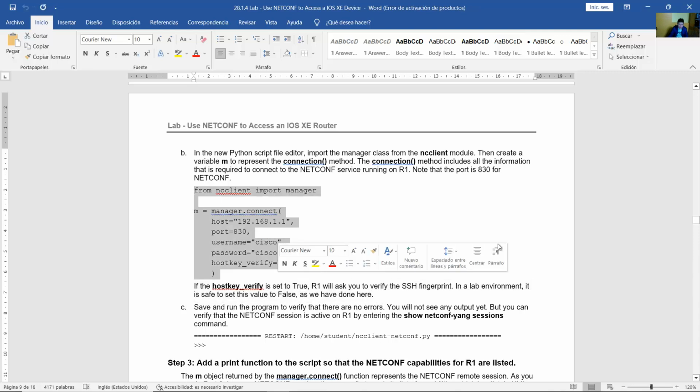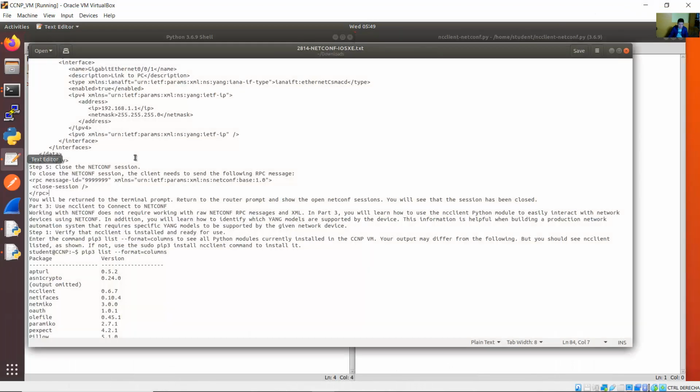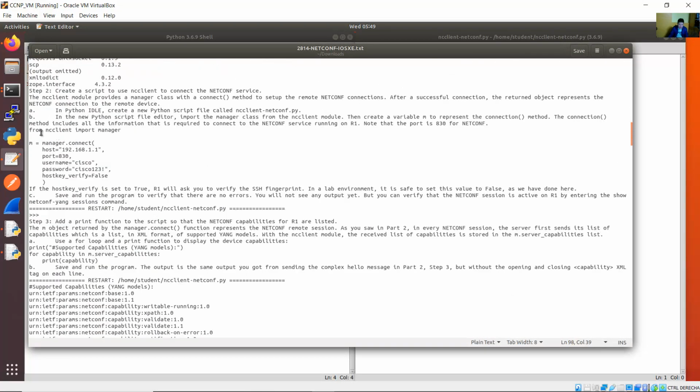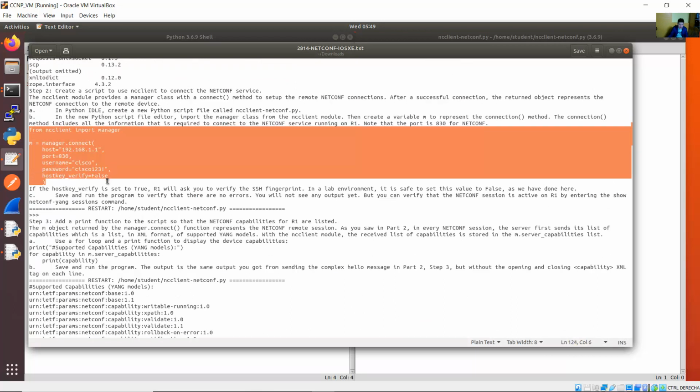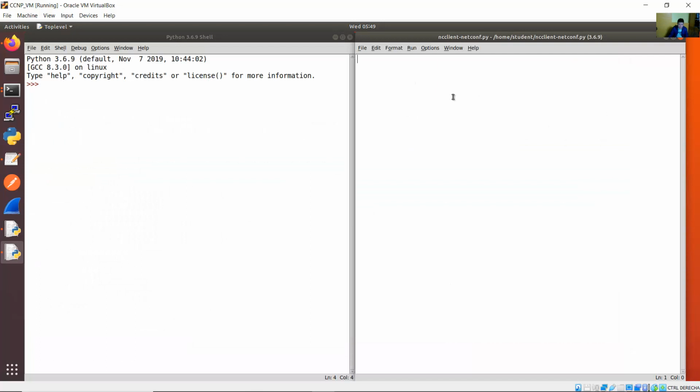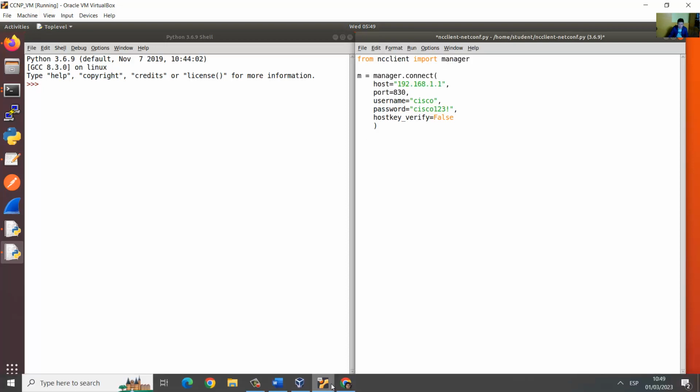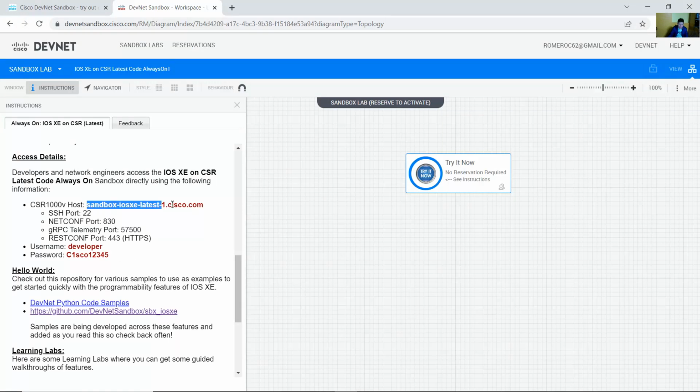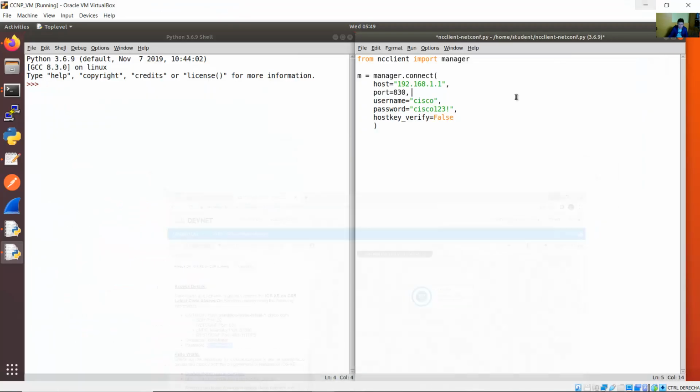Okay, and copy this. I have this text file here, from the module to this character. Copy this. And in the editor, paste. Okay, from the module ncclient import manager, variable m, manager connect, the host, port, username, password. But remember, this is the host, this is my username and password. They are different, so